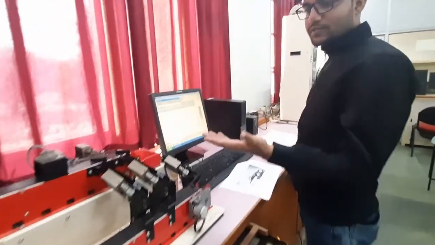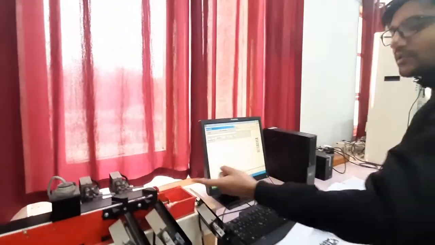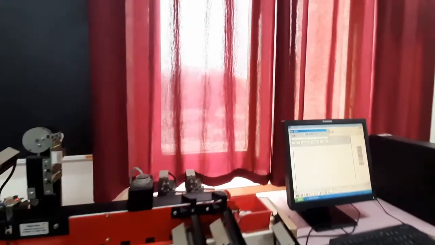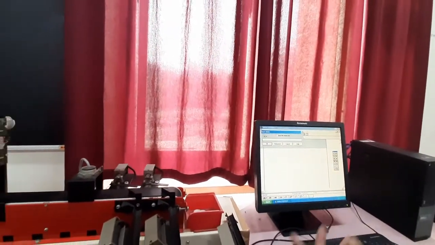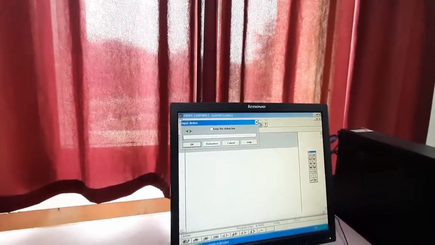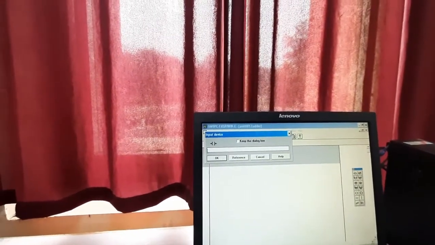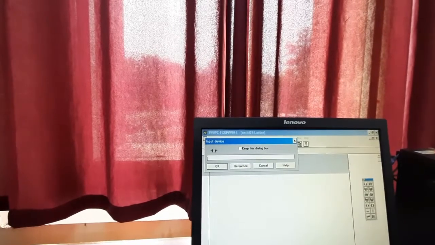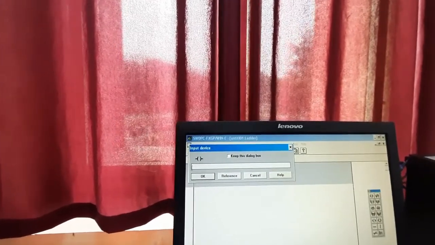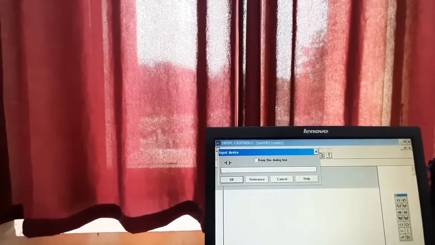So for our on switch we are using X7. Now for our conveyor belt, there is a dedicated syntax given for this software, and the name is Y2.